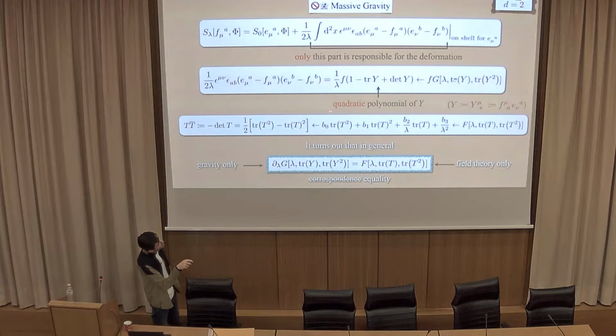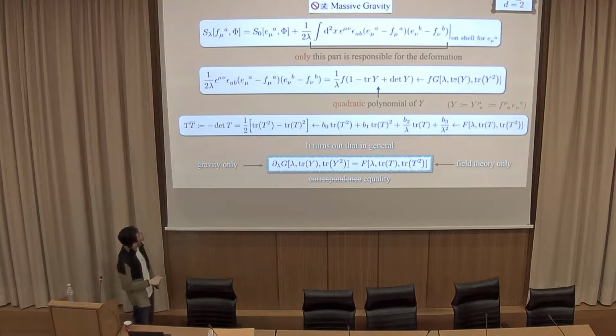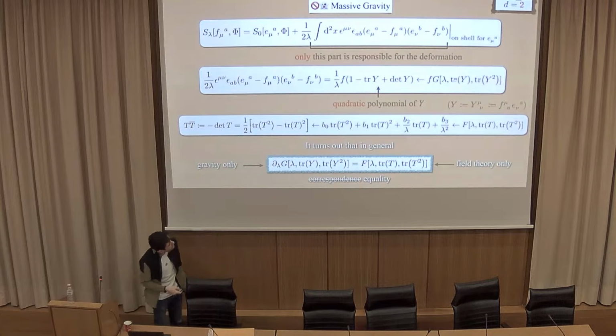So it's a quadratic polynomial now in terms of y. And it's a particular choice of some mass term g, in principle. It's a particular limit of that. And to remind you again, what's the corresponding operator responsible for this? It's just a particular quadratic choice of this functional f for an operator.